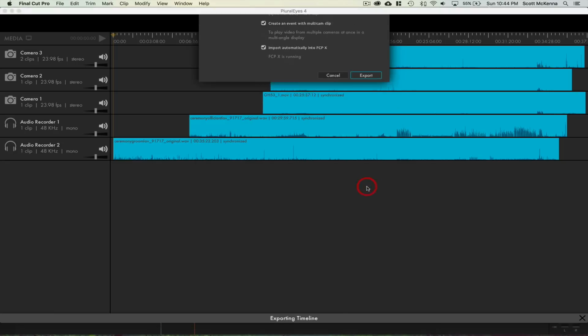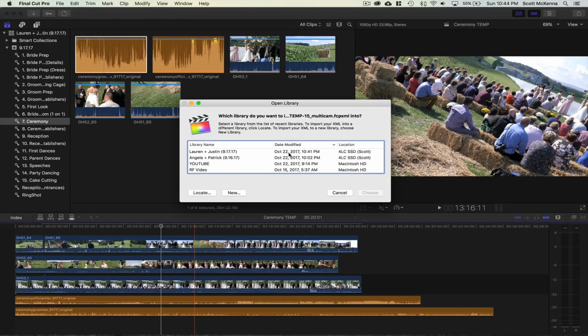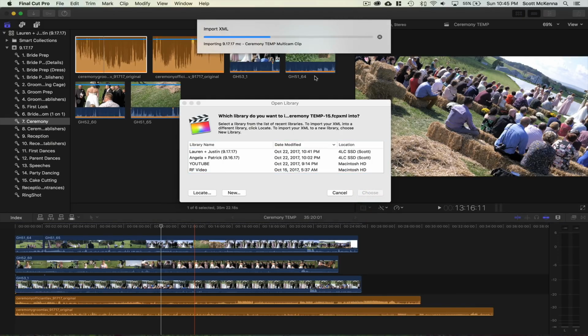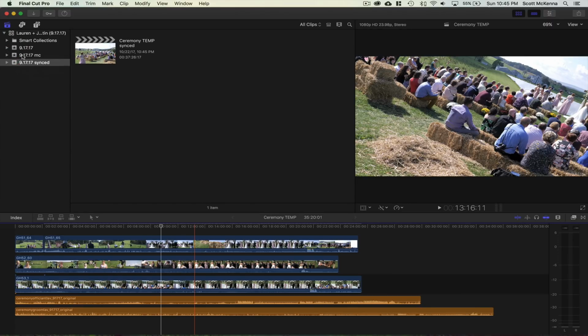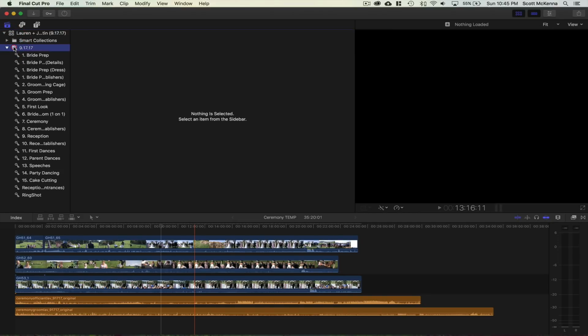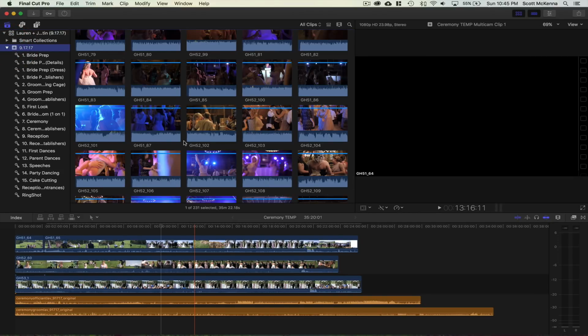So I hit export. Right away it's going to bring up this prompt in Final Cut asking you where you want to put these new files. So put them in the same place that you want them and you hit OK on both of them. It's going to ask me for both because it wants to know where I want the synced one and the multicam. Now you see it'll create multiple events here. This is really unnecessary. All I do is bring the two new ones that it created right into the other event because I don't need them to be a different actual event.